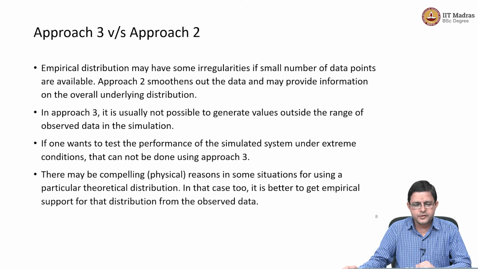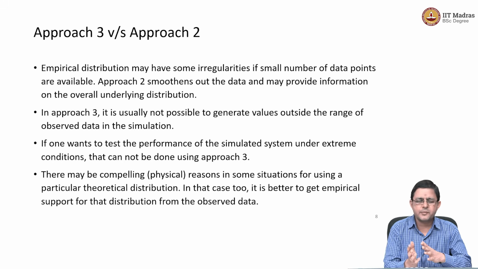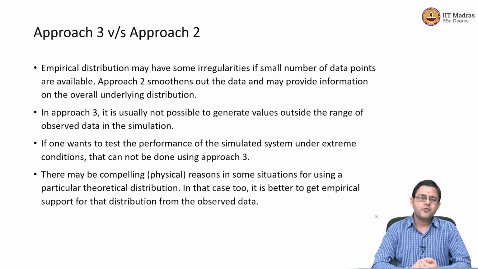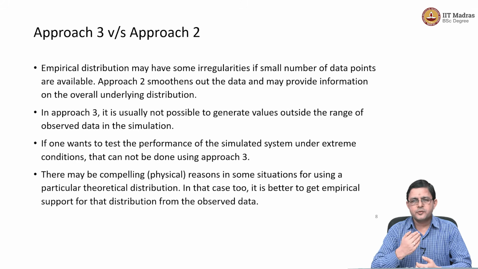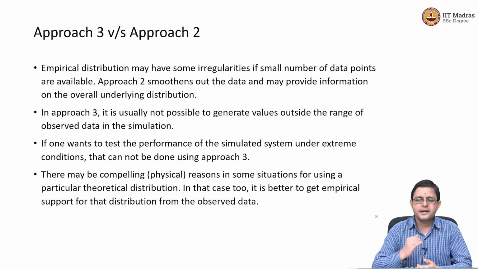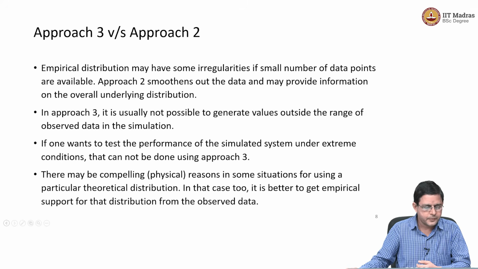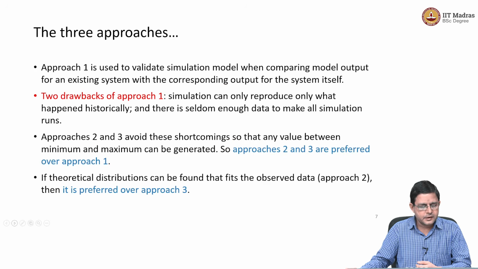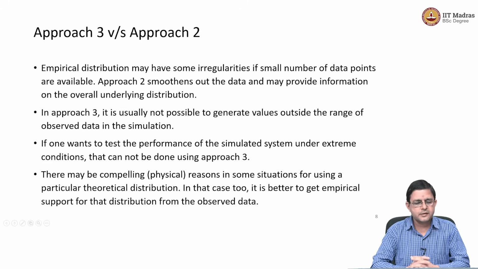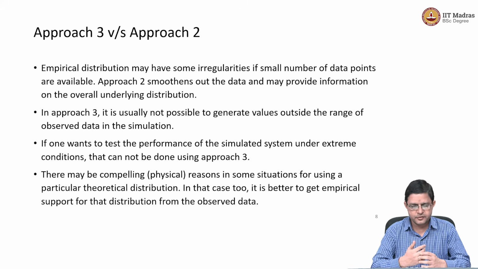The problem with empirical distributions is very similar to the problem that we have for approach 1. Now, when you build an empirical distribution from the data that you have, the shape of the distribution is completely governed by the data that you have used to build the distribution functions. Remember, your distribution functions are built from the data that you have. So, the shape of the distribution will be completely governed by your data. Now, once again, if the data is of a particular pattern, then quite likely the distribution will be biased towards that.